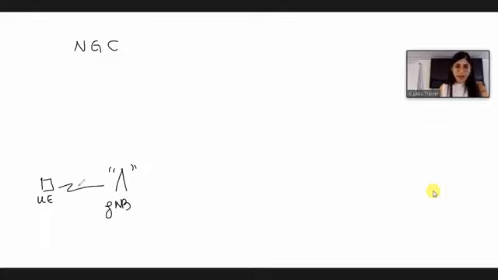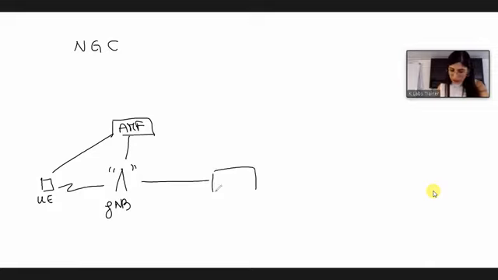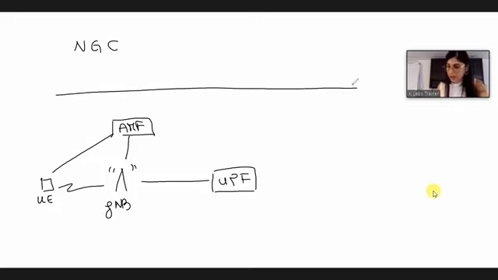It communicates through the air interface. Then the user equipment can also communicate with the AMF. And the AMF, of course, communicates with the gNodeB, with the radio access network. For the user plane, the gNodeB directly communicates with the user plane function. But for the control plane, for all the control part, the centering point is the AMF. So basically, for the AMF, we have here like a bus communication.